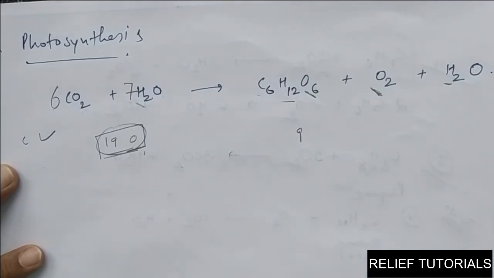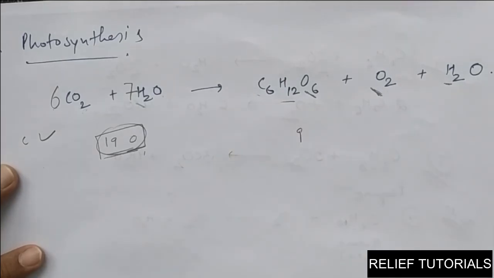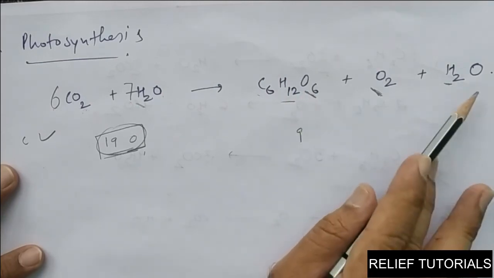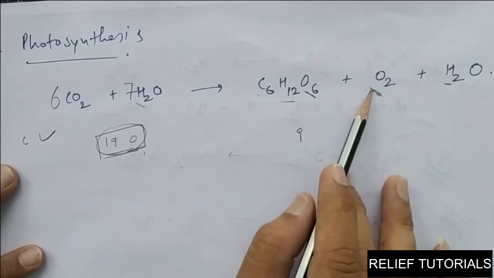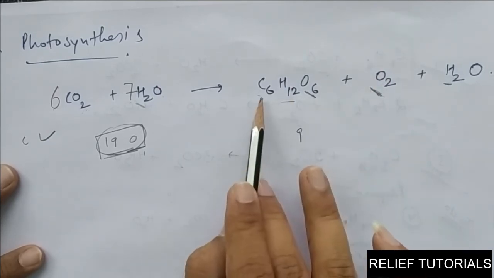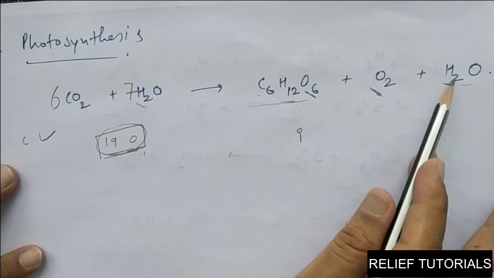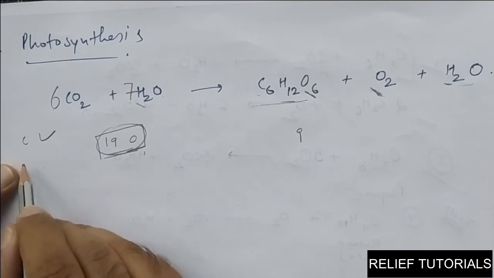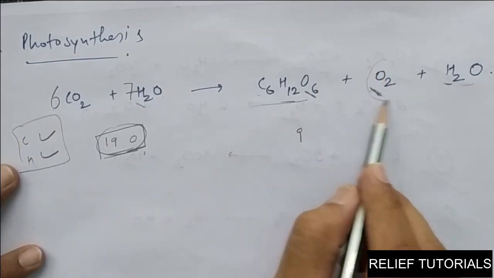So anyhow we have to add 10 oxygens here. See, in these also there is oxygen, in these also there is oxygen, and this is the lone oxygen, only oxygen. So whatever you want to do, don't disturb these numbers, because if you disturb them, H or C will also get disturbed, and those are already balanced. Whatever you want to do, do it here.